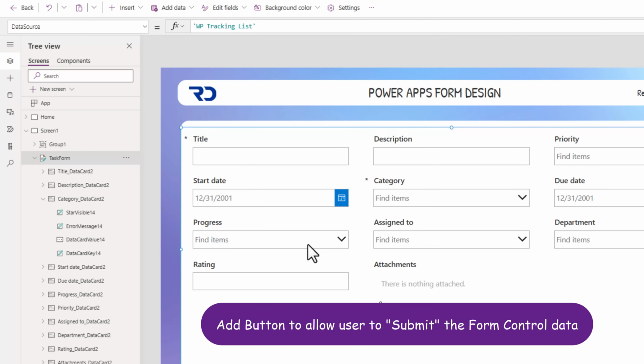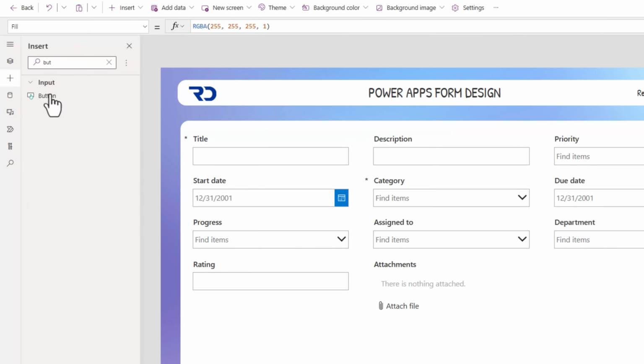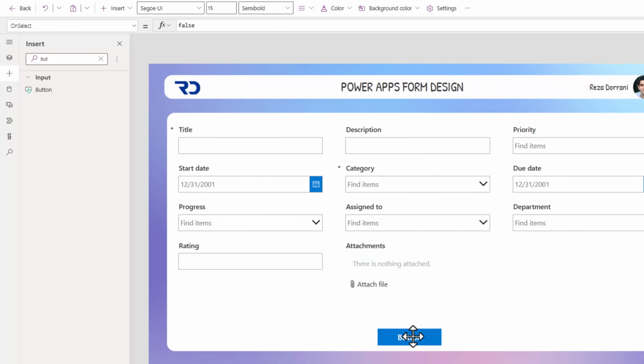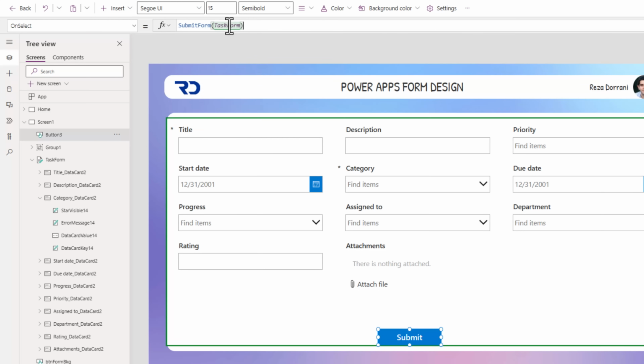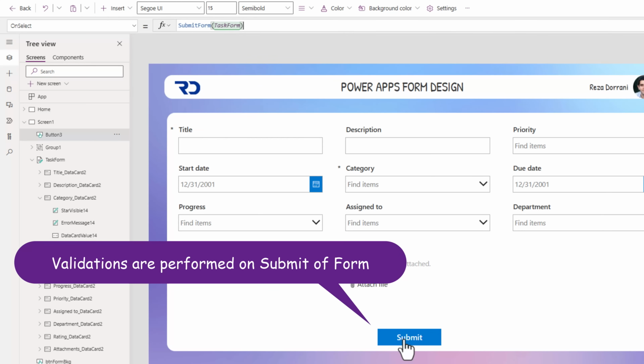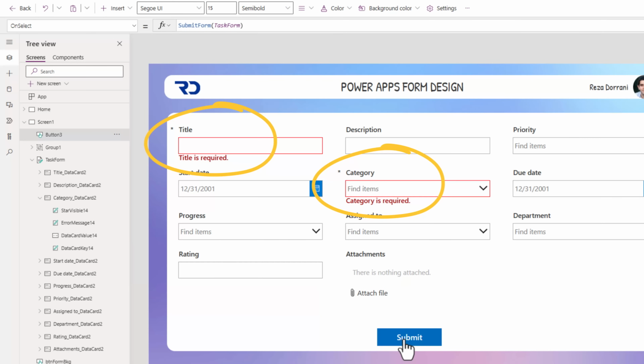Now to allow the user to submit the form, I will insert a button control. I will call this Submit. On select of this button, I will leverage SubmitForm of the task form. So here, if I try to submit, you will see how the error messages are being displayed, that these fields